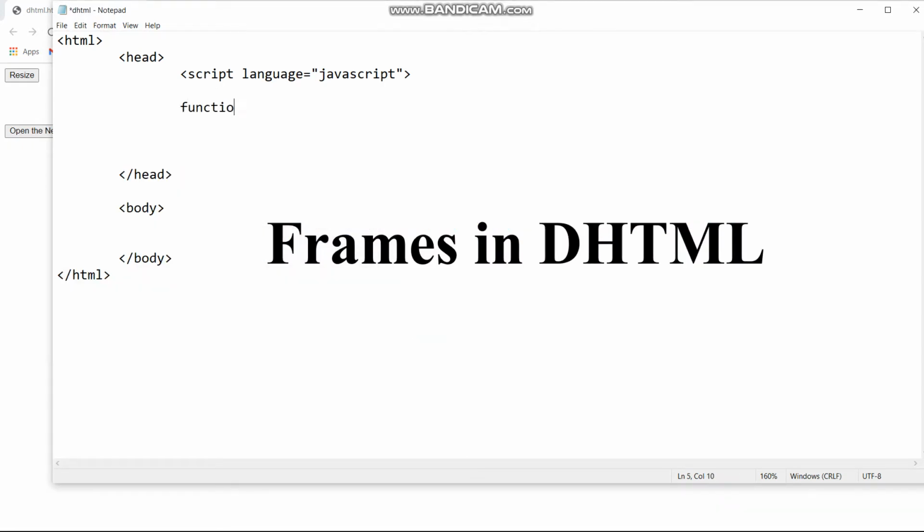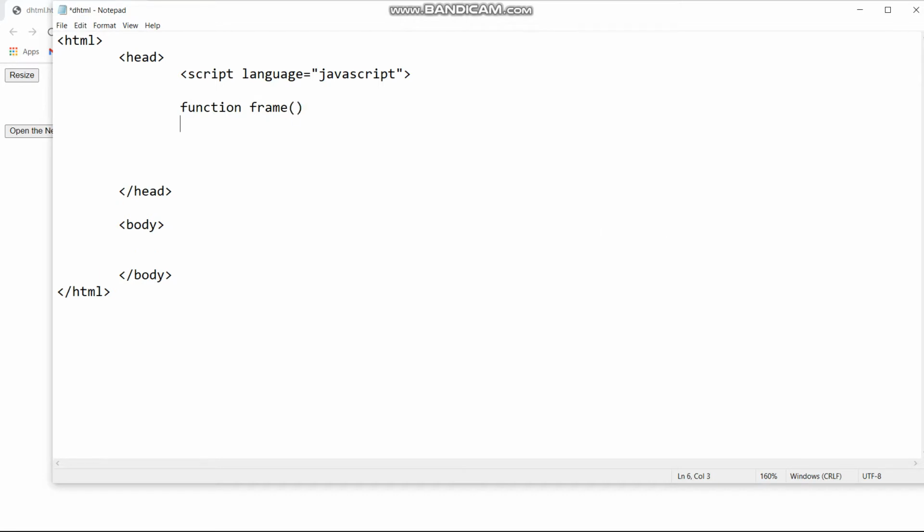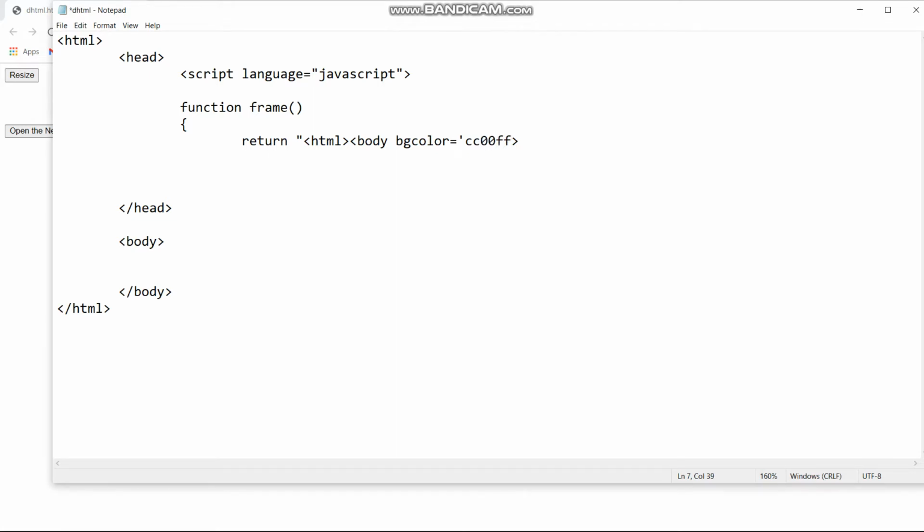It is about the frames, so I'm using function frame. Inside the function frame, I want to return. First write return, then start the double inverted commas, then create an HTML tag, and then the body tag. Inside the body tag, use the attribute bgcolor equals to, you can take any other color, this is the